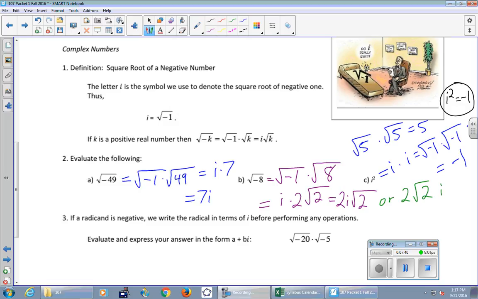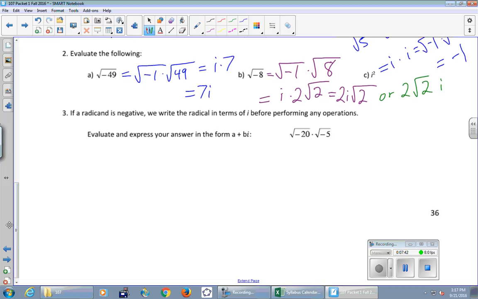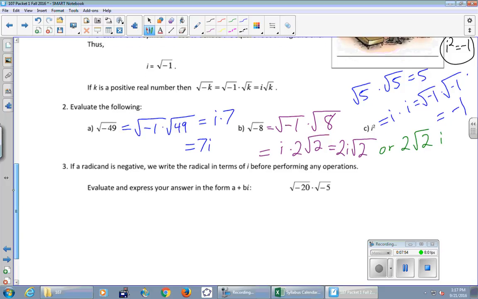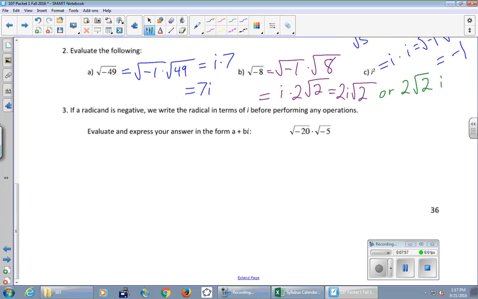Okay, let's try number 3. Number 3 talks about the square root of -20 times the square root of -5. So let's do this in the way that you might have done if you took Math 096 here last semester, or maybe some previous algebra class. I'm going to write down a property here, square root of x times y equals square root x times square root of y. Does that look familiar? It might be different, maybe a and b instead of x and y, but this is a fundamental thing that we played with a bunch in Math 096 or some previous algebra class for you.